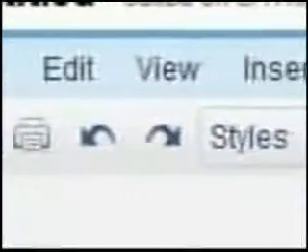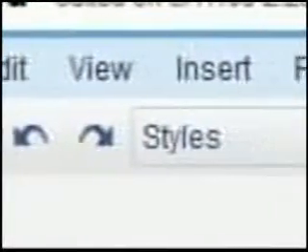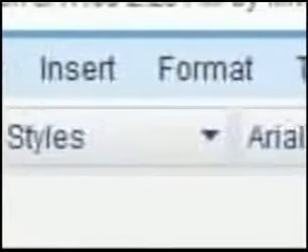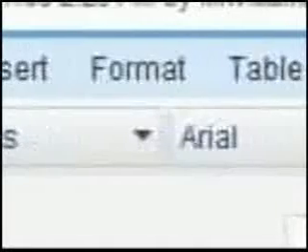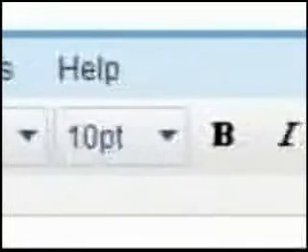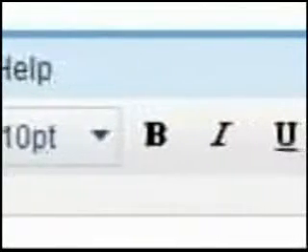The toolbar includes things you're familiar with. The disk is for saving, the printer is for printing, the left arrow is for undo, the right arrow is for redo, the styles function gives you font styles, Arial, what it says now, is your font types, 10 point is your size of font, the B is for bold, the I is for italics, the U is for underline, the A with the bar underneath it is your font color options, the highlighter pen with the line under it is for highlighting text,